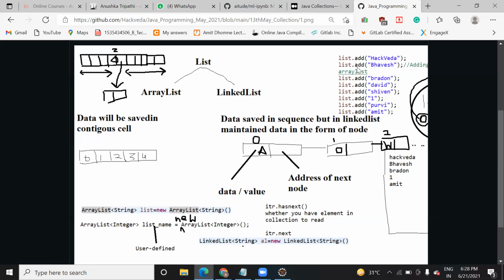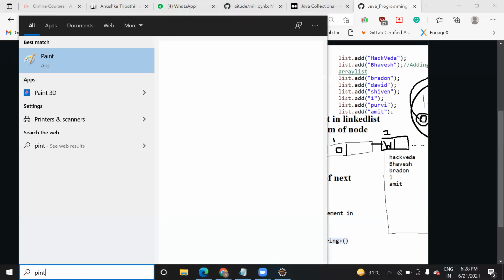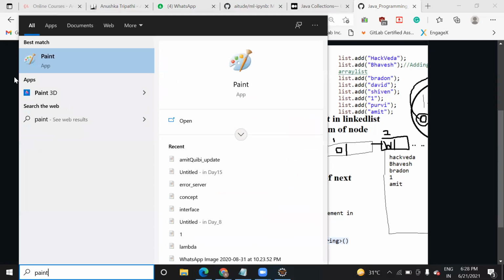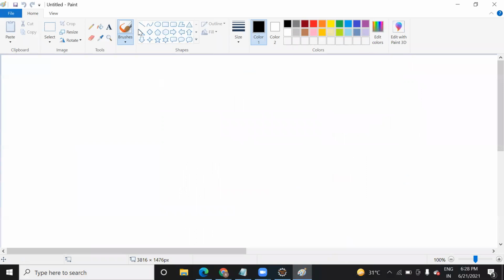Then why is there a need of writing and adding an element every time, right? You can add an element, you can remove an element, but in an array, to remove the element was very difficult, right? In an array, if you want to remove the element, you have to write the whole for loop and stuff. And here we can simply use a function to clear it off, but in an array it's very difficult.